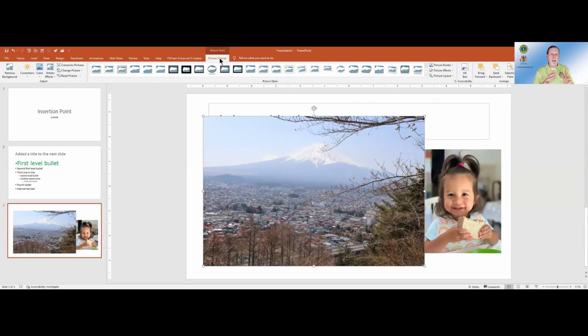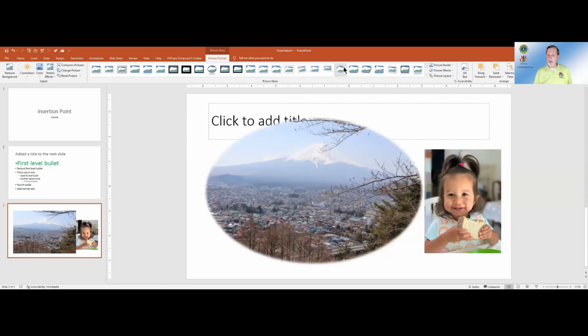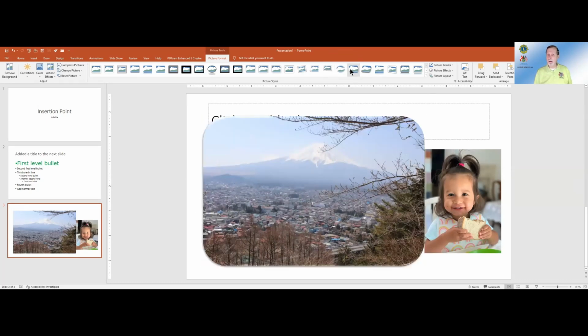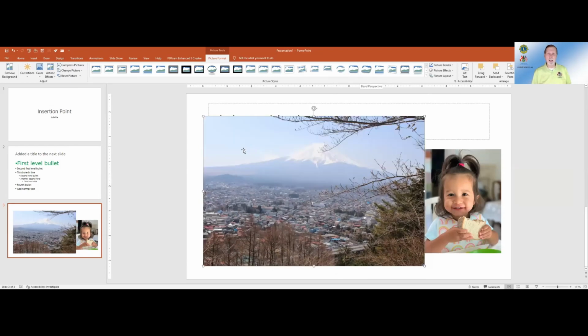Okay, so watch for that. I'm not going to go into all of the details of all of these different things, but there's a lot of neat stuff that you can do with pictures in here. A lot of neat stuff. Again, the technical term for this is cool. For instance, and I'm just pointing without clicking, I pointed right here. Now I'm pointing right here. As I point without clicking, I see the preview of what it's going to look like before I apply it. There's lots of cool stuff in here, folks. You want to explore.